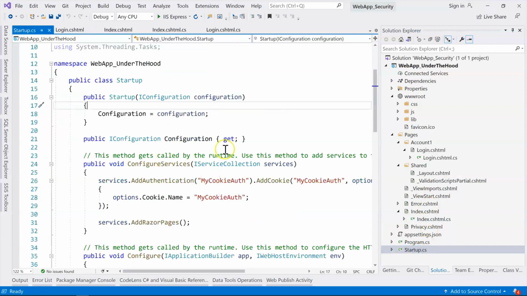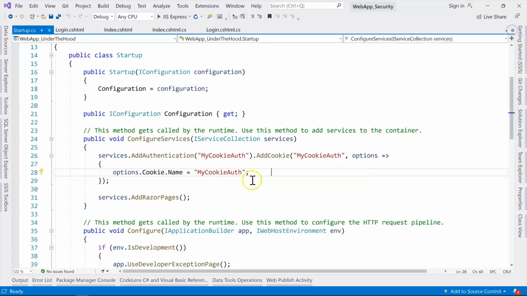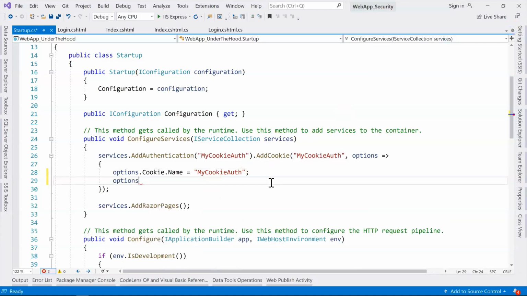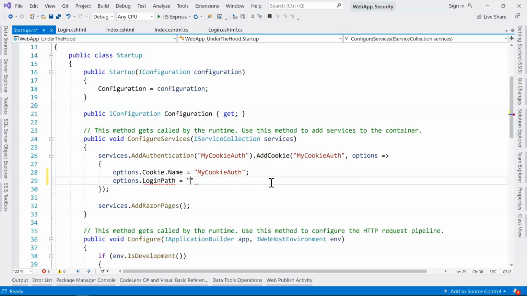under ConfigureServices here. And inside the cookie authentication handler here, we can specify where the login page is, right? So we can say LoginPath. In here, we can just specify Account and then Login. Right, we can specify Account1 because we applied Account1. If we specify this here,